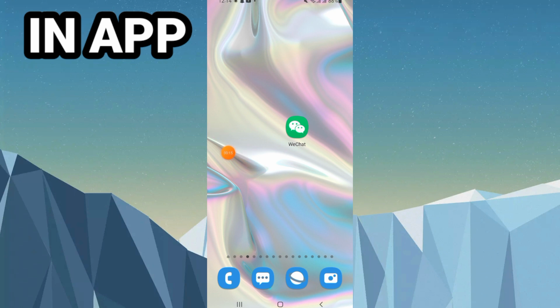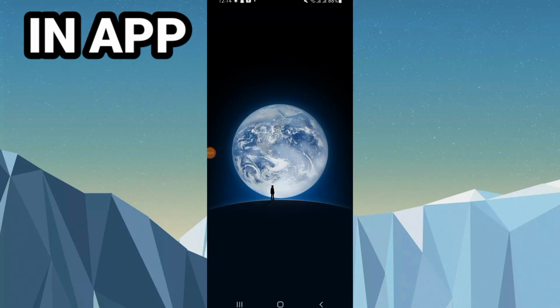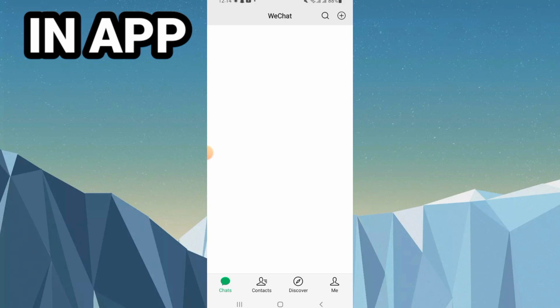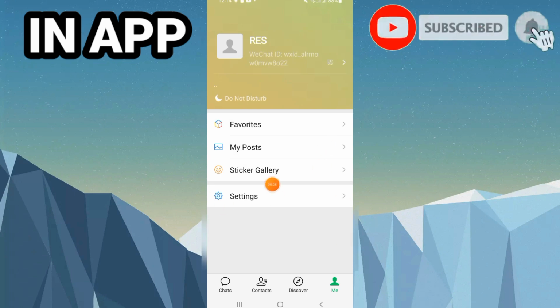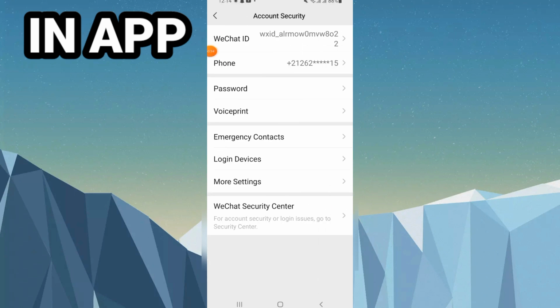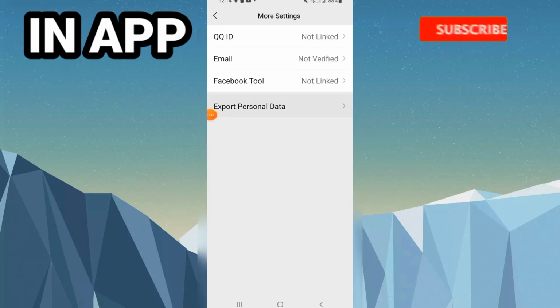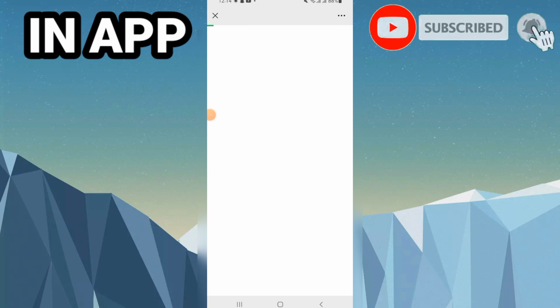So first of all, just go and open your WeChat app. It will open directly, as you know, on your homepage or your chat page. Come right now, open your profile. So after this, open your settings. On your settings, come to account security, go to more settings, and click export personal data, and